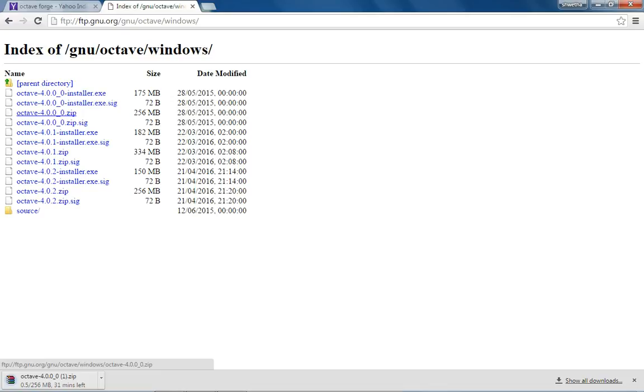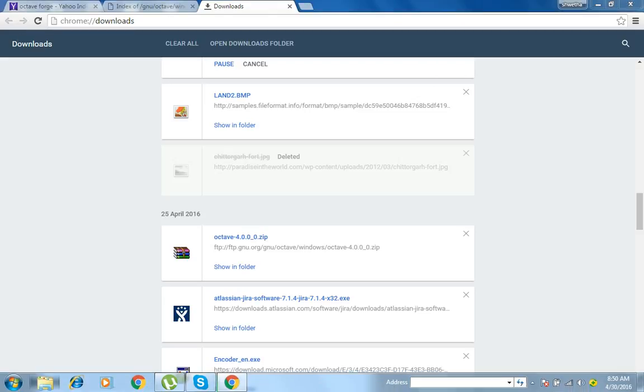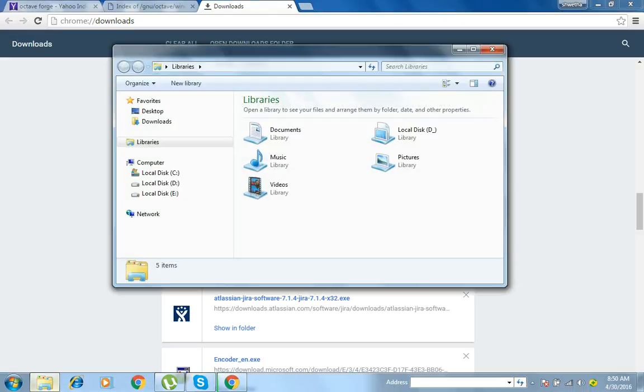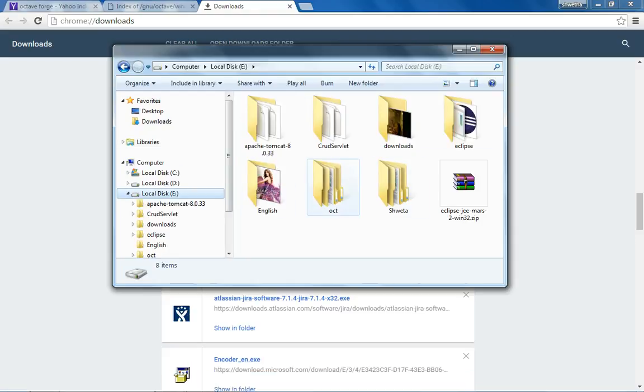and this will start downloading. It will take some time to download. Meanwhile, you can create a folder in your desired location. I have created one by the name Oct, where you can store the installed Octave files.